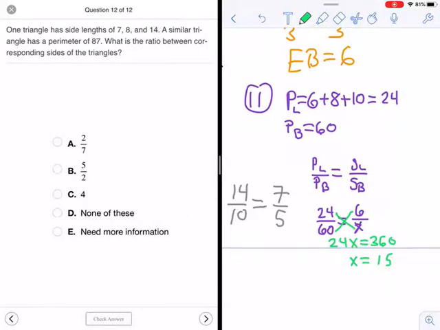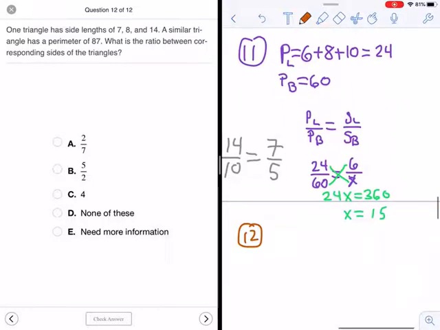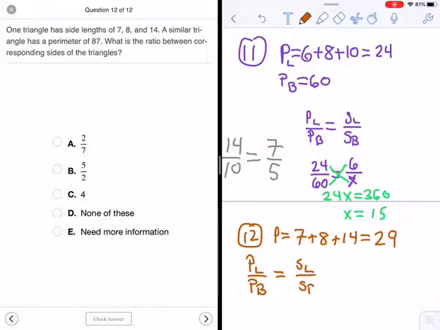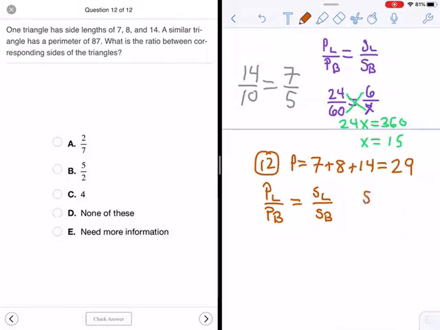And then last problem. This is kind of the same concept. This is a good general overview of everything we've talked about so far. One triangle has side lengths of 7, 8, and 14. You add those all together, you get 29. Remember, the perimeter of the little one over the perimeter of the big one is the same as the scale factor of side lengths. So the scale factor of perimeters equals the scale factor of side lengths. So if I have 29 over